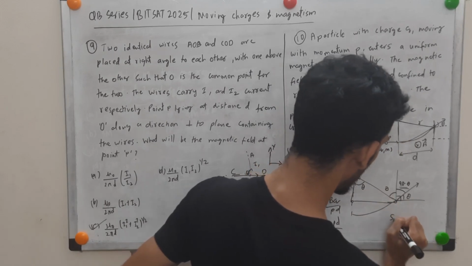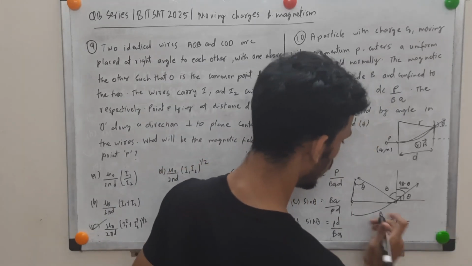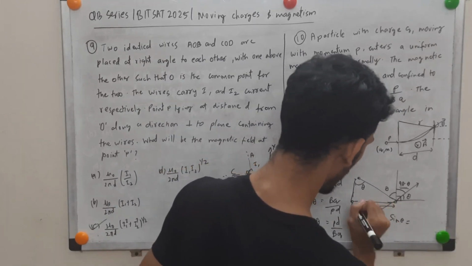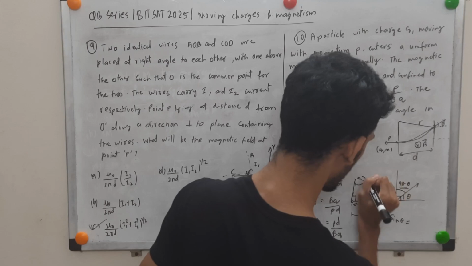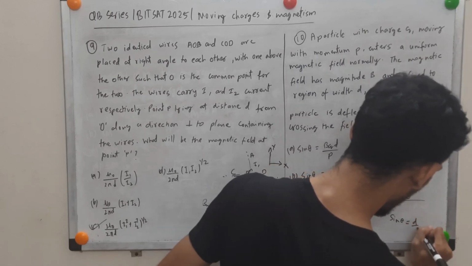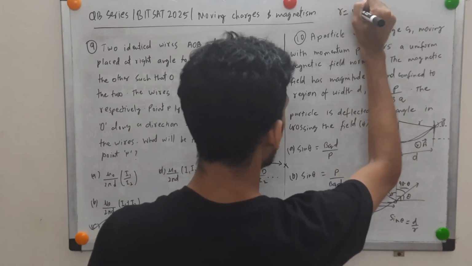Because now you can write sin theta. This is what we want in the question. So sin theta will be the opposite, which is d, upon the hypotenuse, which is r, and this is 90 degrees. So this will be d by r, right? And how to find this r? r is the radius,